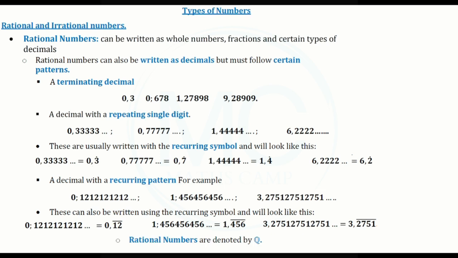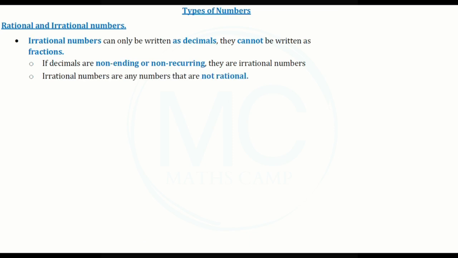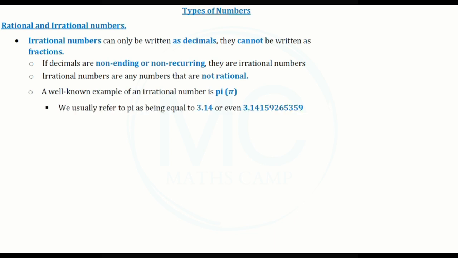Irrational numbers, on the other hand, can only be written as decimals. They cannot be written as fractions. If decimals are non-ending or non-recurring, they are irrational numbers. By definition, irrational numbers are any numbers that are not considered rational. A well-known example of an irrational number is pi. We usually refer to pi as 3,14